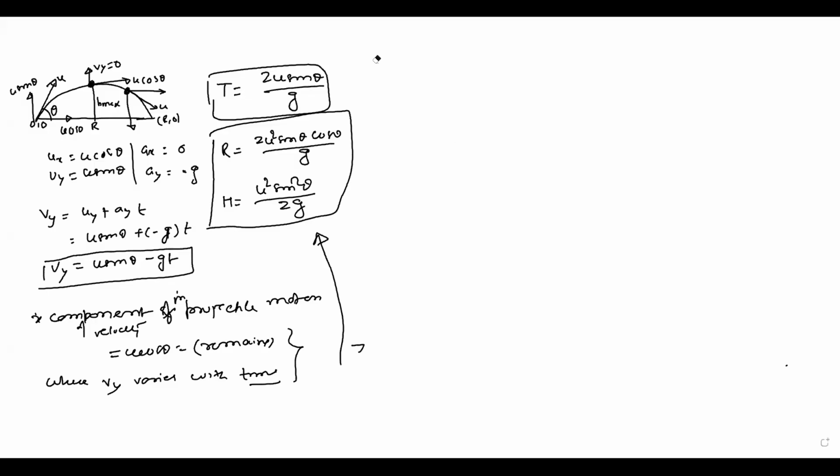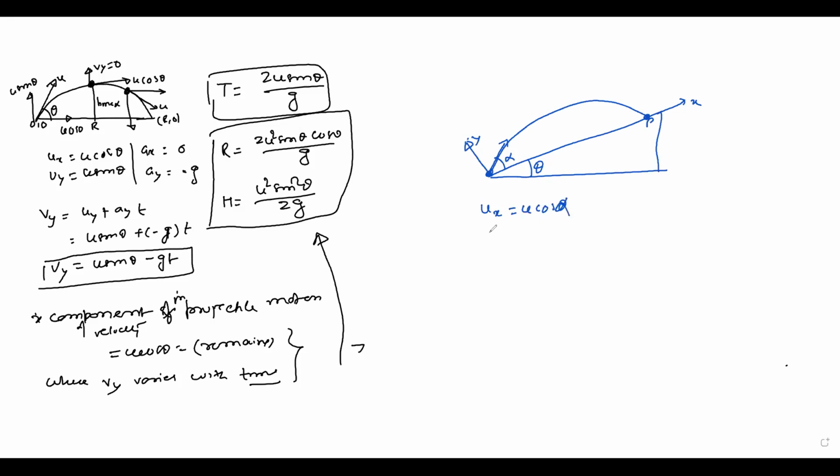So as we said, we'll just be discussing the component part in the inclined motion. Suppose this is an inclined plane having an angle of inclination theta, and we are throwing a ball from here at an angle alpha. The ball will, suppose, fall uphill at this point P. Suppose this is our x-axis, this is the y-axis. So again, we may write velocity component in x direction as u cos alpha. Velocity component in y direction is u sin alpha.